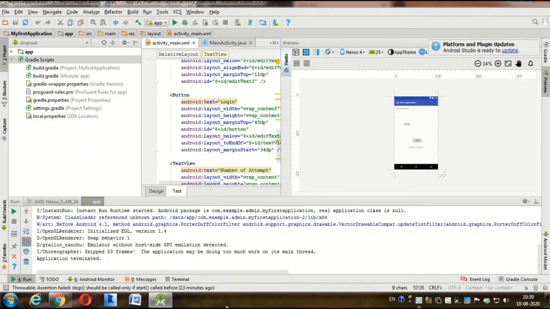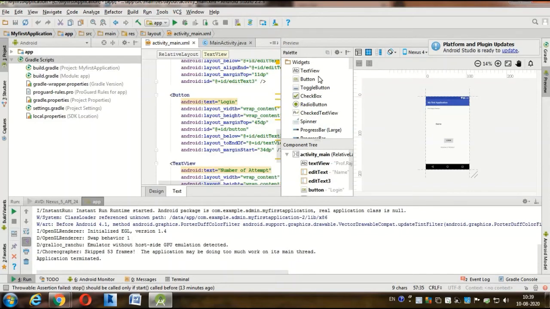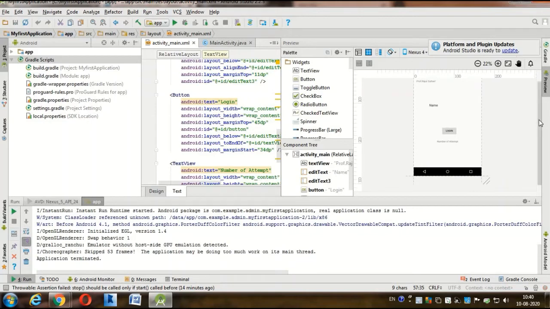For the second activity we require two buttons. So for the Android button, we require a text view as well as a button view. This is the output, it looks like this.